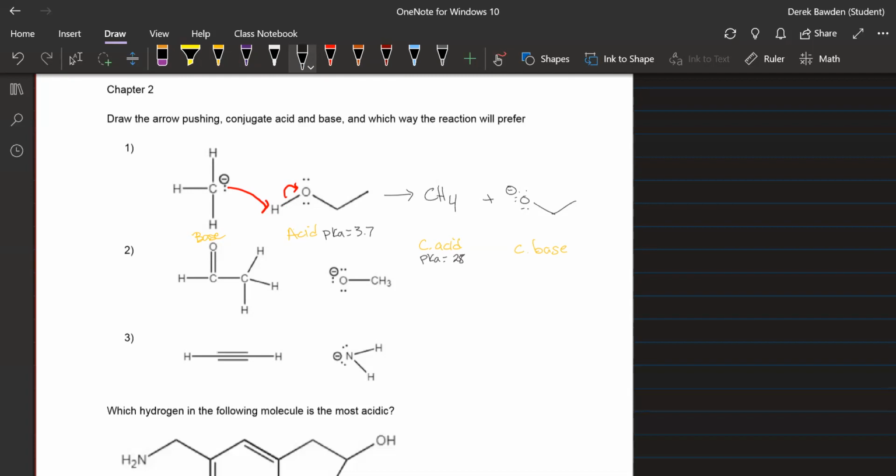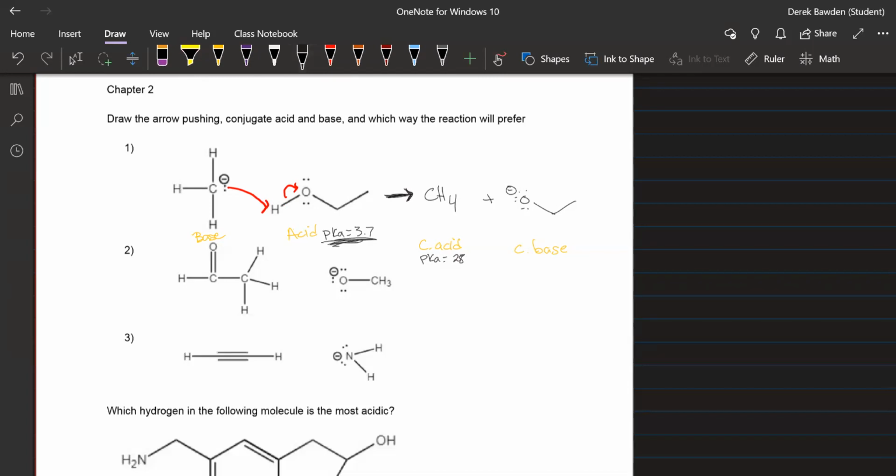Towards the reactants. You're saying going this way? Sorry, my bad. Products. Okay. Why do you say products? Because the left side has a lower pKa, which means it's a stronger acid, which means it'll prefer going towards the products, right? Yeah, so what you want to look for is the lower the pKa